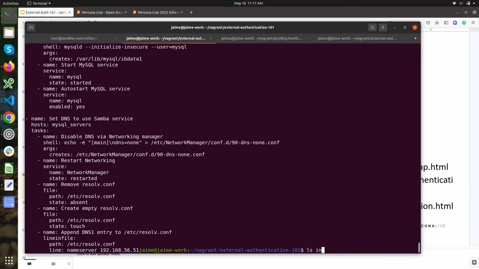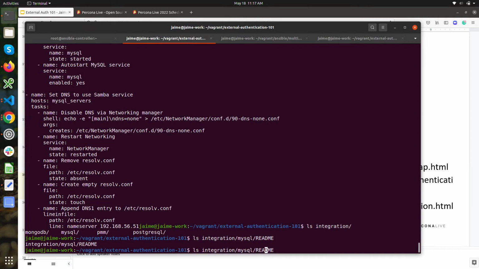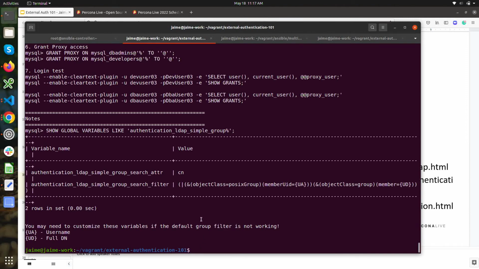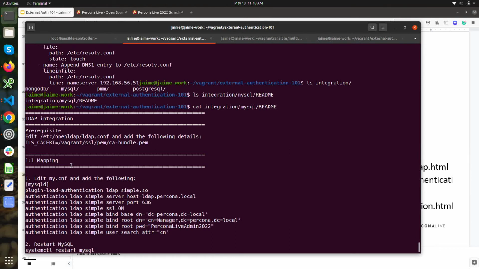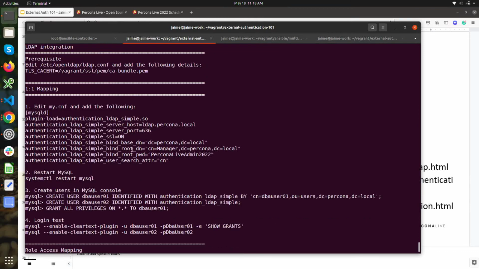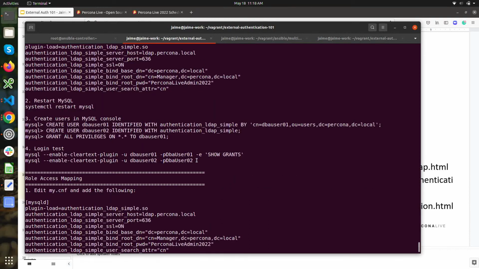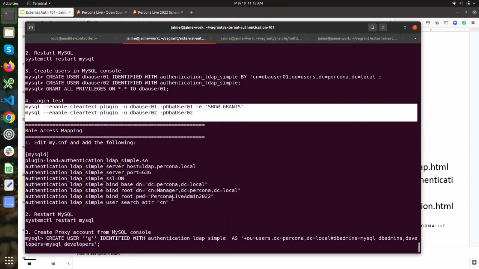And for integration, I have this integration folder. So for example, for MySQL, I have this in the folder. So I have here all my notes for that. For example, you want 1:1 mapping, one user account for one LDAP account. So the steps are here, and the variables that you need to edit are here, to use the LDAP server that is provisioned, and creating the users, performing the tests, for role access mapping,